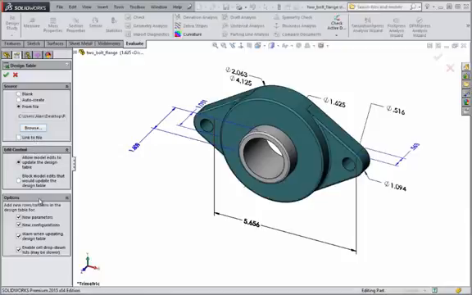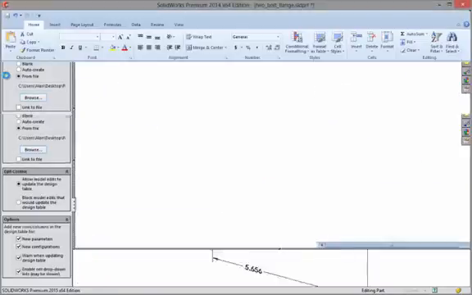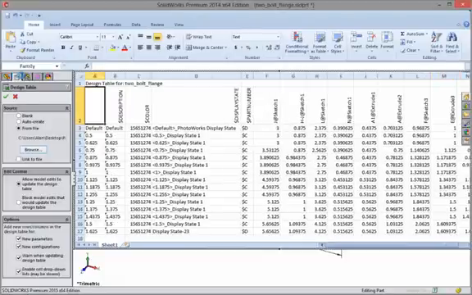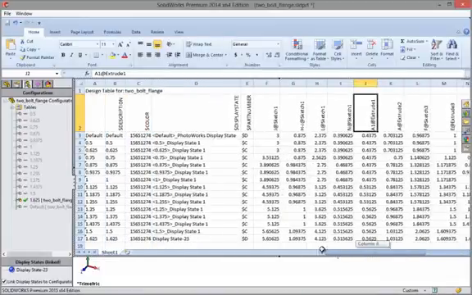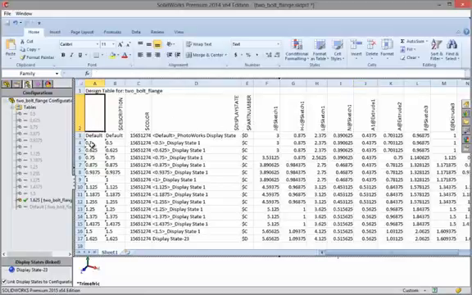Additional options let you control how model updates affect the table. I'll click OK to display the table on screen so I can make edits if need be. Note that row 2 lists all the driving properties for the model, including descriptions and part numbers, as well as each driving dimension. Column A lists all the configuration names. The values listed at each convergence are what drives the dimensions for a